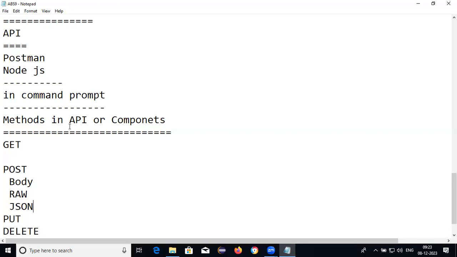If you want to use the POST method, we need to select the body, because I need to provide information inside the body. And I need to select raw, and the pretty print type, which is JSON format. What is JSON?